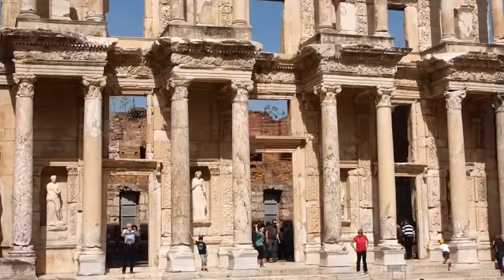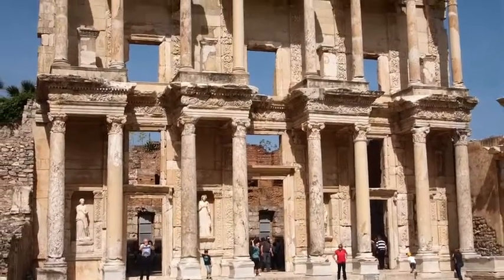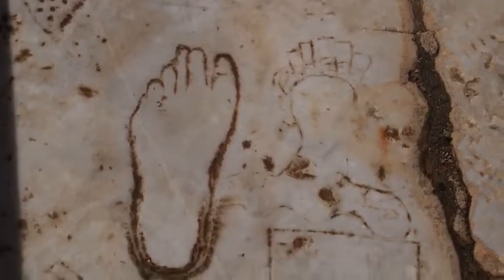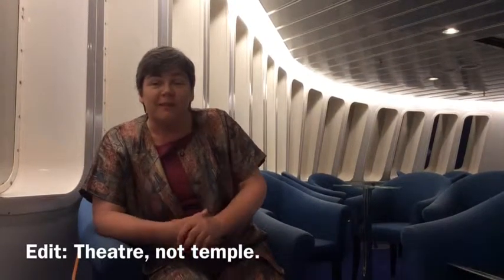As you come out of that, you reach the Library of Celsus, the very, very famous Library of Celsus, which is a photographic stop for everybody. And you walk on down the marble street, past the signpost for the brothel, which is always pointed out, and you reach the great temple where in the AD 50s St. Paul preached and started a riot, because those people who were actually selling the wares for the Temple of Artemis,